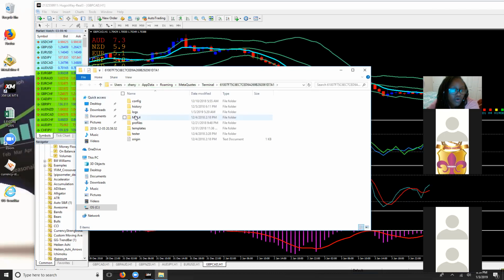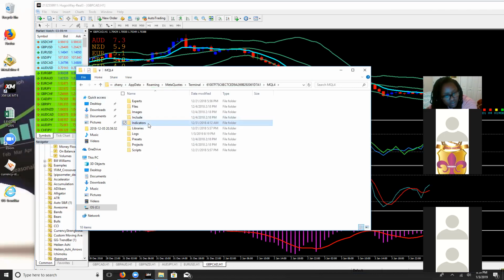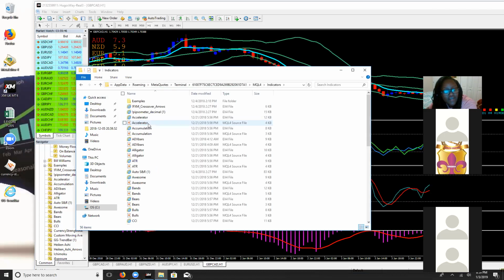You want to click MQL4, Indicators. And then this is going to appear with all the indicators that are already either installed on the MetaTrader or that you've installed. And so what you want to do is, as they're sitting here on your desktop, just drag them into,